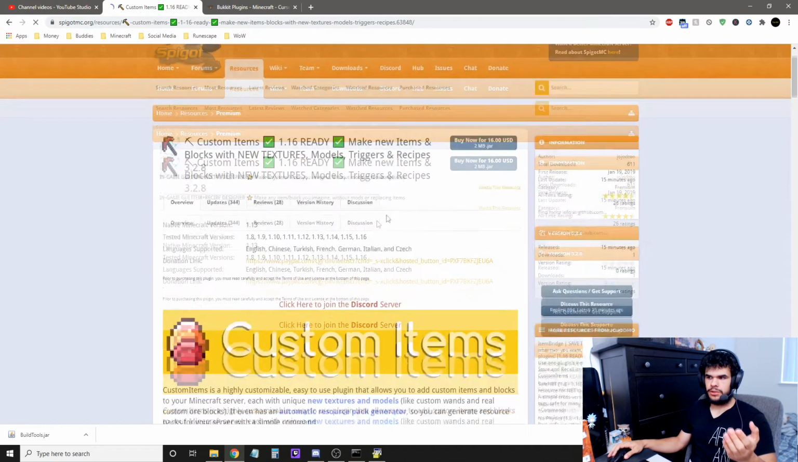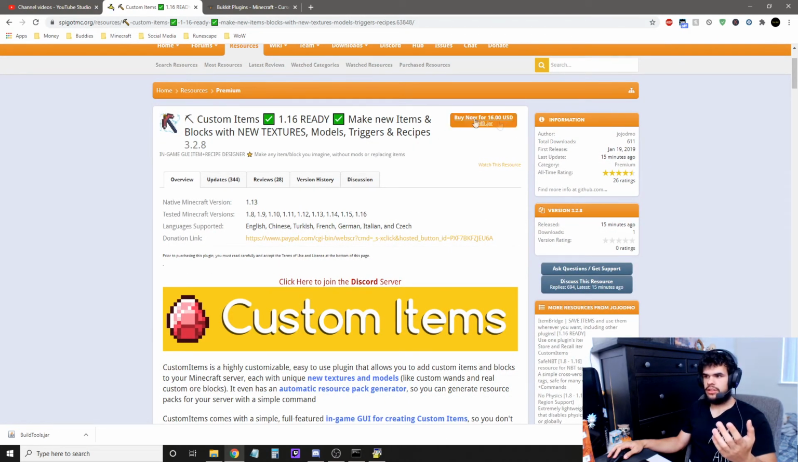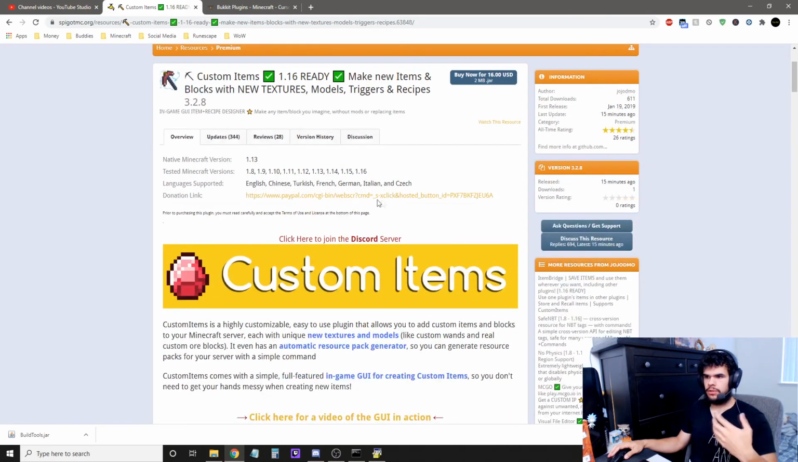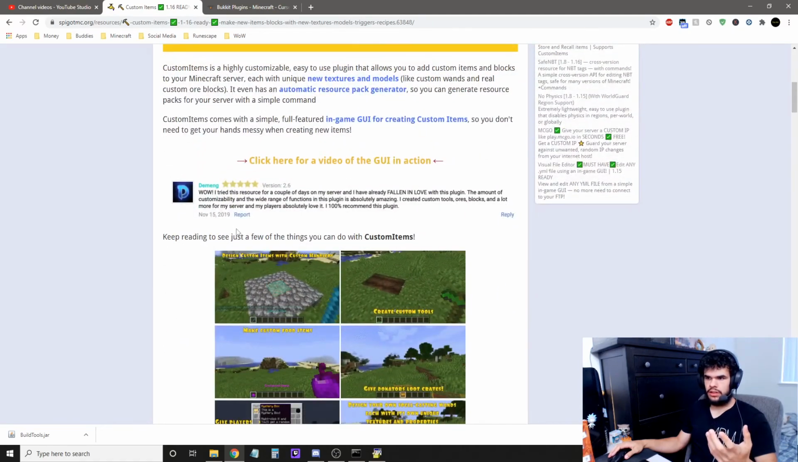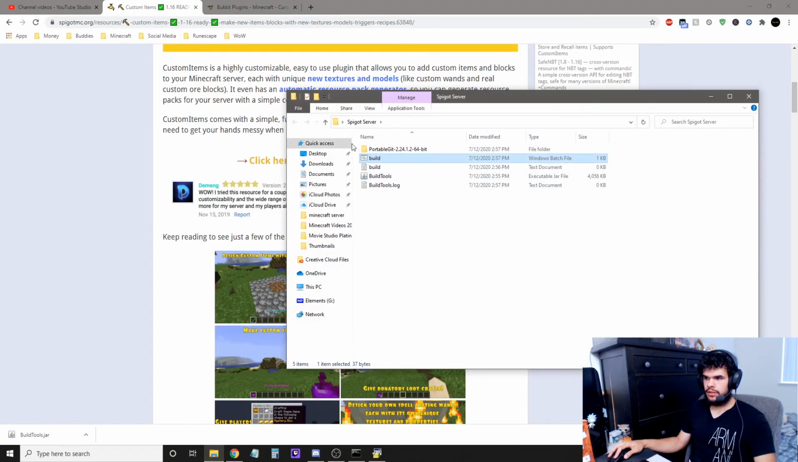Since it's for the latest version of Minecraft, I know that I can use it. This is a $16 plugin, it looks like. Most plugins are free though, so don't worry about that. But if I were to download it, I would go in here, download it, and then in here, once this